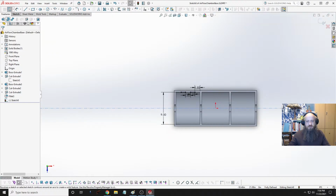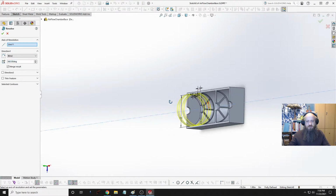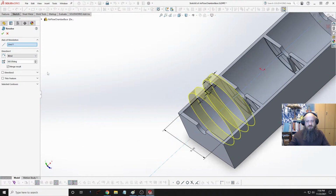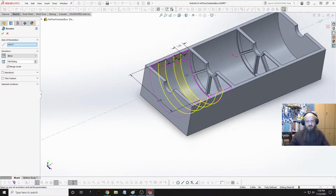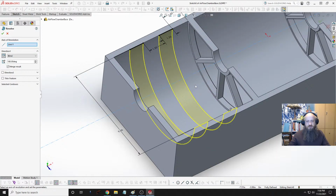No, I want to revolve. There we go. And I don't want it to be a full 360. I want it to be 180. And the direction to be reversed. So basically I'm just adding that strip of material. And what that's going to do is, instead of me putting holes and securing it to the base, I'm making it a friction deal. Basically hold those in place,